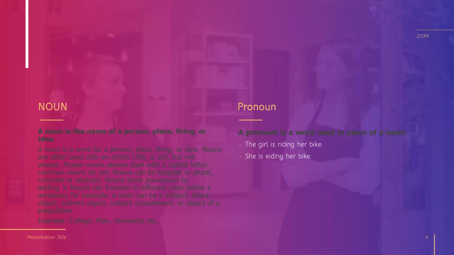So noun is the name of a person, place, animal, or thing, and pronoun is a replacement of a noun. So nouns are the naming words. There are different kinds of nouns like proper noun, common noun, abstract noun, and